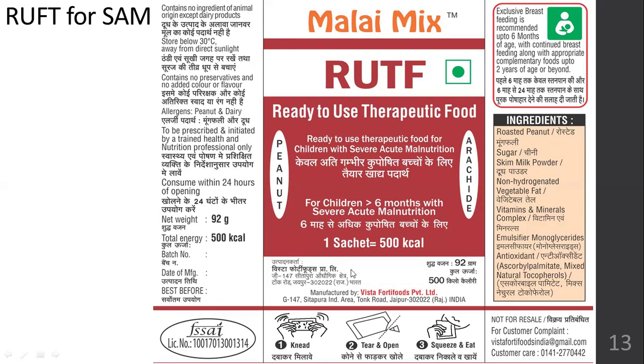So you can see here how it is made in the sachet itself. The mother or the caretaker just has to knead the sachet a little bit to break it down, to make it easy for the child to chew. Okay, knead it a little bit, tear it open, and just give it to the child. The child will just squeeze and eat from it.